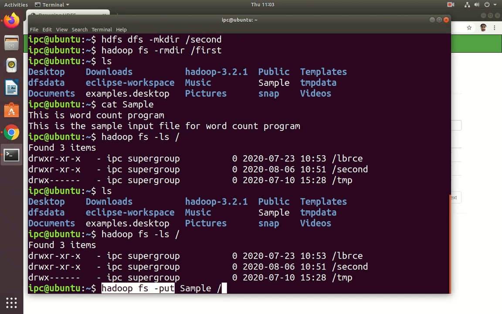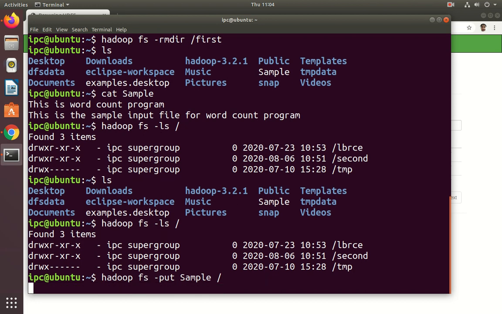Now -put, my current command is the put command. This command is used to upload a file. This is the source path, and this is the destination path. In the destination, in the Hadoop directory under root, we are going to upload.